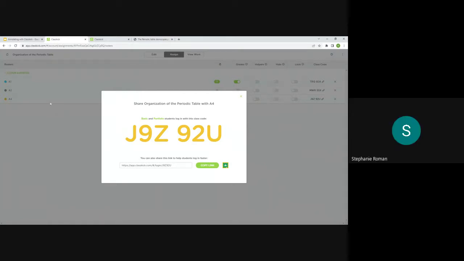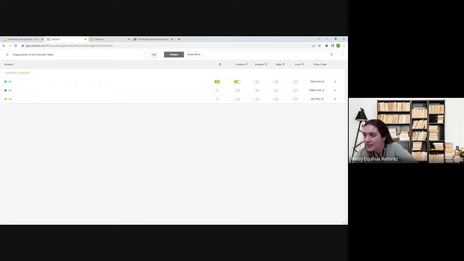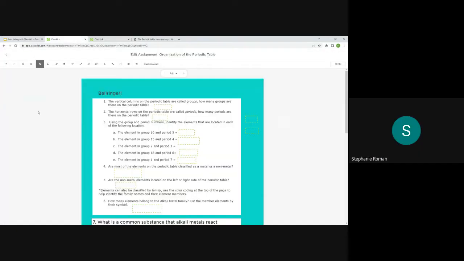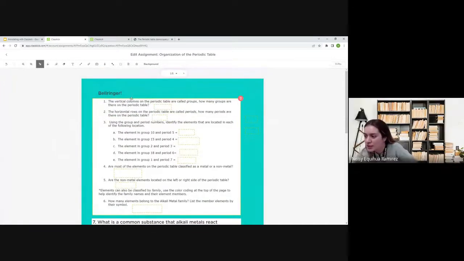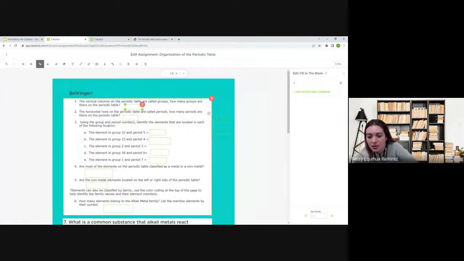Well, I'm at Bell Ringer. Okay, you're here. That's what you see. So you would see that you have this and you have a little box. I gave them where they have to put in a number. It says how many groups? So they put in a number. My correct answer is 7. If you put it on there,